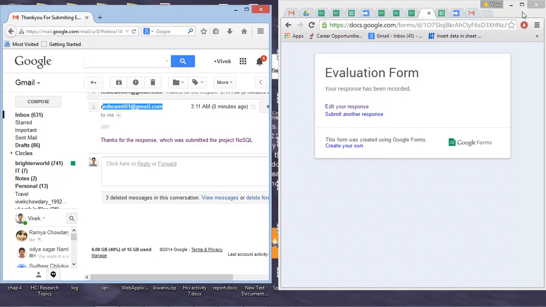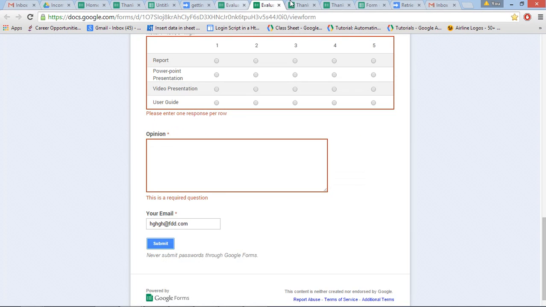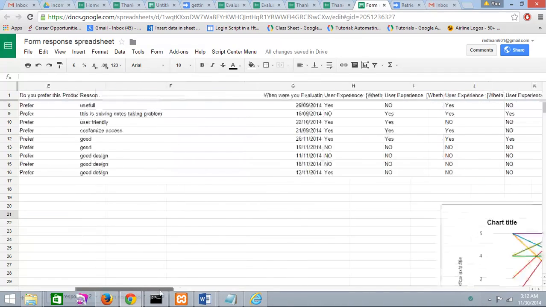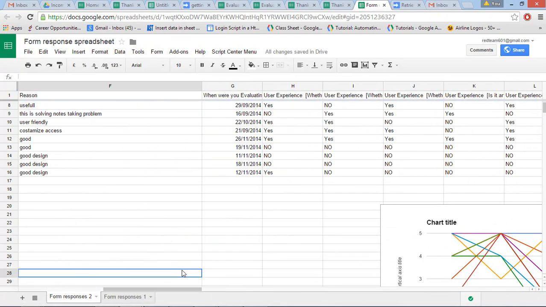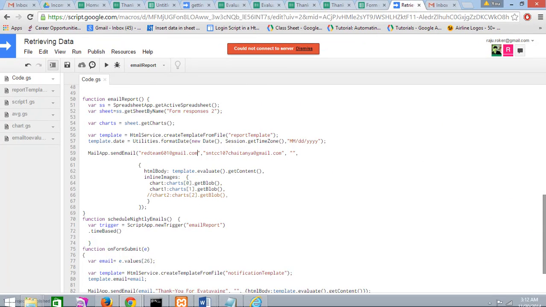Now coming to the project owner mails, an email will be triggered with charts such as a line chart and pie chart with the averages and comments when the end date is reached. Here the interesting functionality is that the email also includes an approval button which the